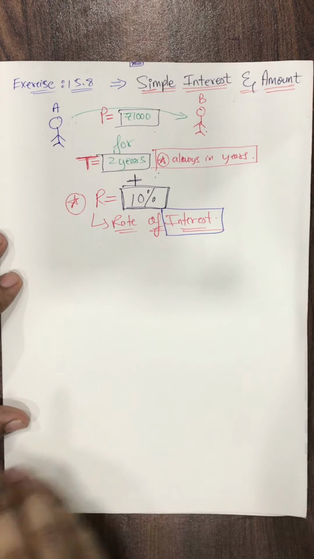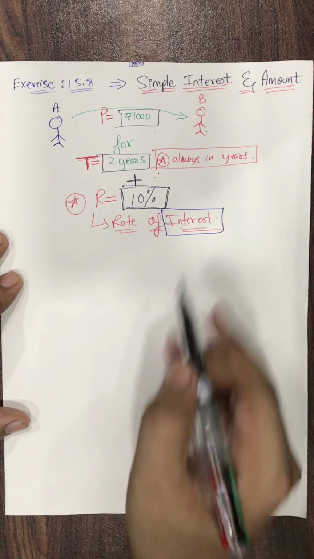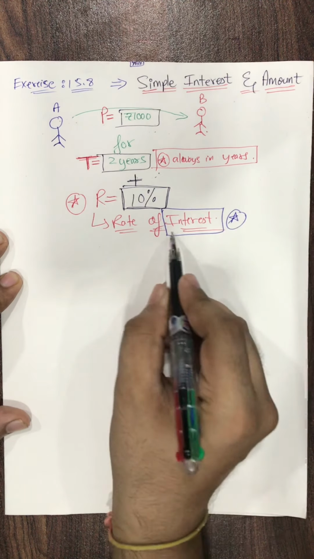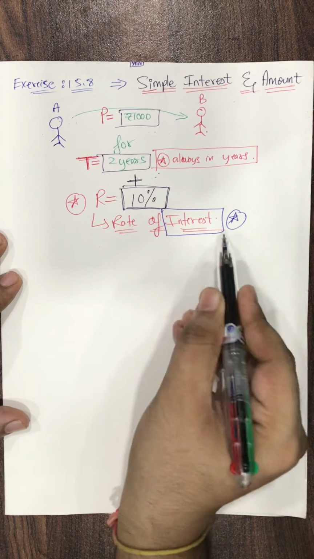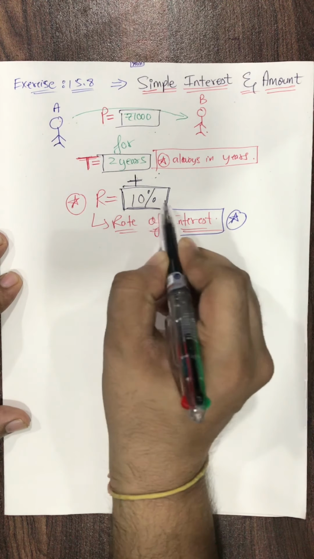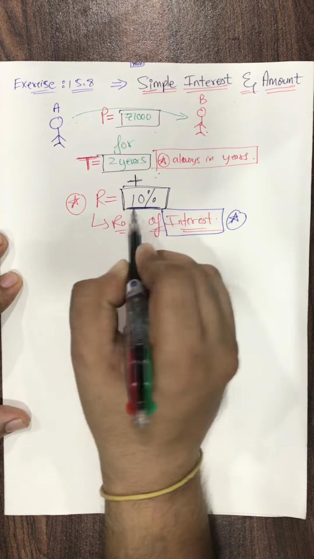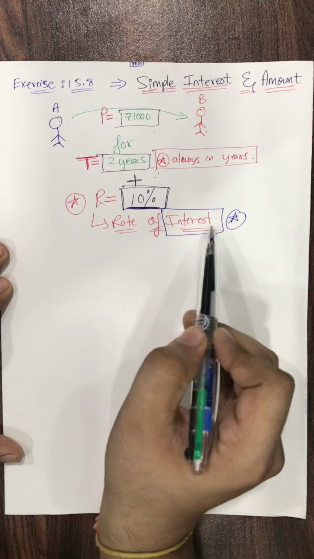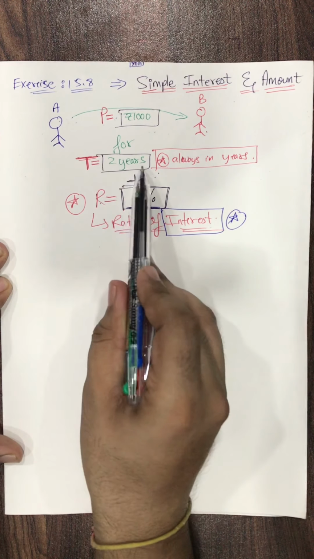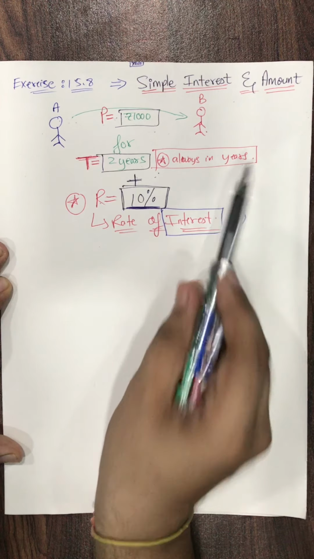Why would I do it free of cost? Why would I give you money? So extra interest will be charged. At what rate will interest be charged? The percentage is given: 10%. 10% interest will be charged. How to do the calculation? I'll explain. Basically there are three parameters: PRT. Please repeat with me. PRT. P is principal, R is rate of interest, and T is the time period, always to be expressed in years.